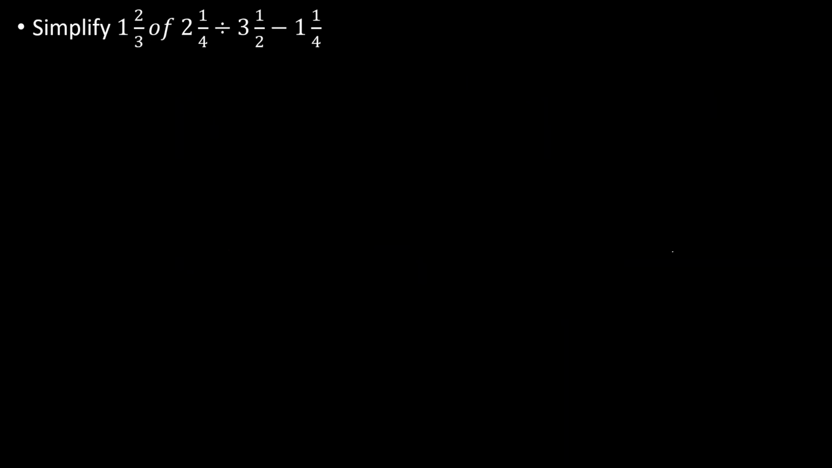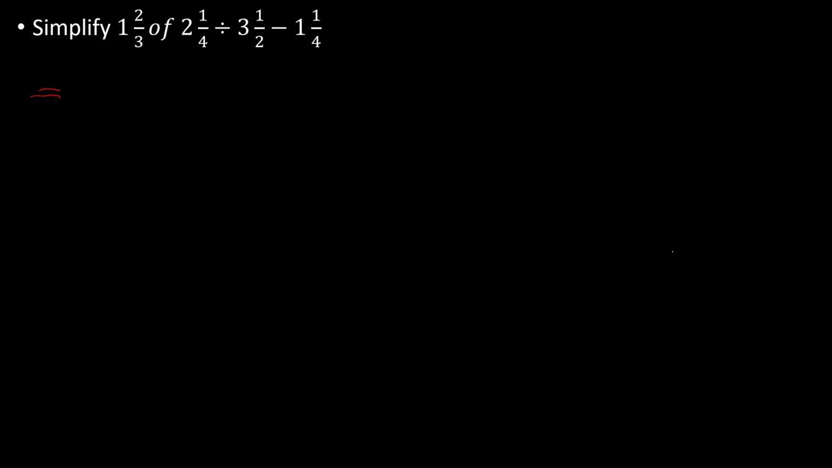Alright, now we have another problem here. It says simplify 1 whole number 2 over 3 of 2 whole number 1 over 4 divided by 3.5 minus 1 whole number 1 over 4. Now, to solve this problem, we'll simply begin by converting our mixed numbers to improper fractions. And we can rewrite that as,